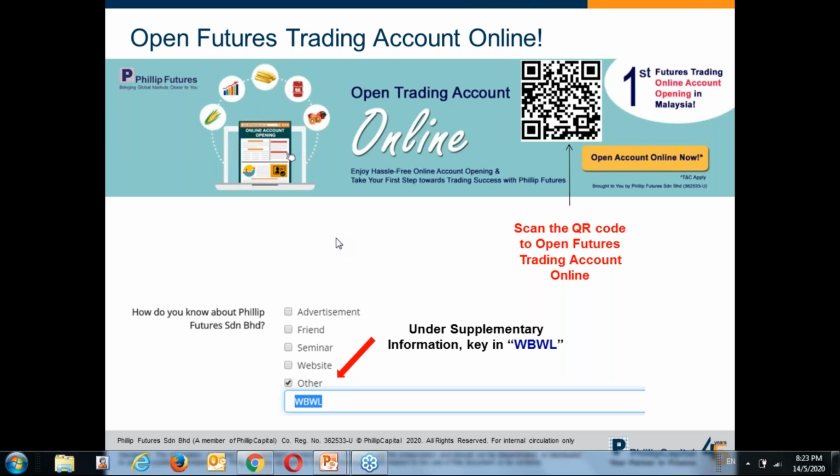But for our Phillip CFD, we don't request you to put in any collateral. As long as you have sufficient margin, we allow you to trade up to 10 times leverage, and 5 times leverage for mid-cap companies. A lot of people are asking about transaction costs. Like I said, if you want to know the details, you may either contact us or go listen to our part 1.